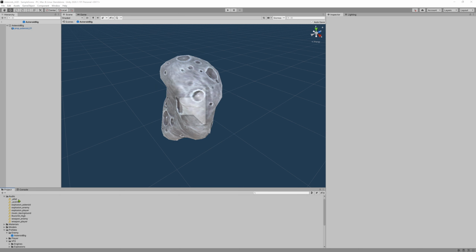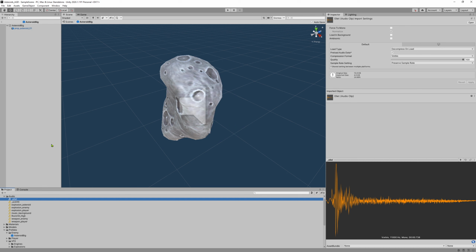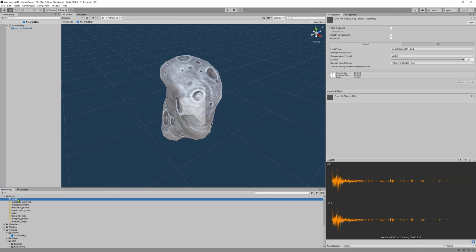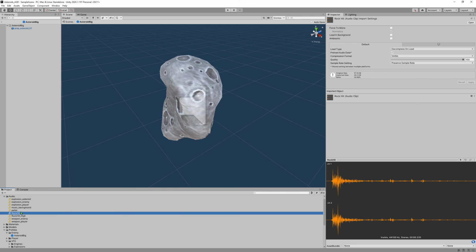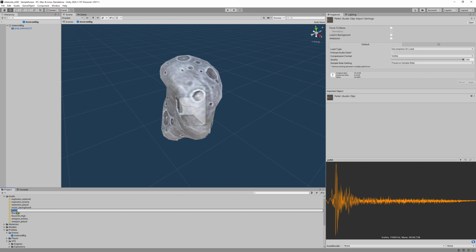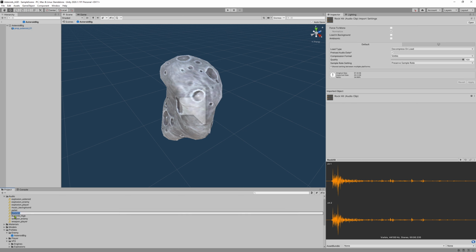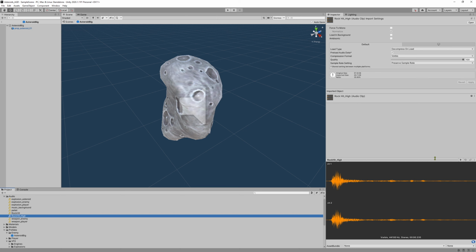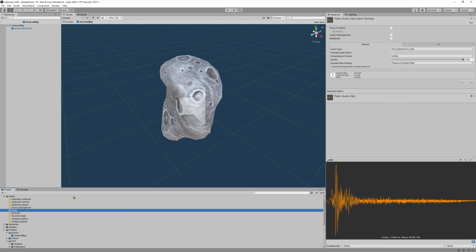So it loaded them. It kind of broke the file names here, so let's just rename these a little bit. We're going to call this pellet. This one's going to be called rocket. Perhaps I should not import them all simultaneously. I think that actually may have been the problem. I wonder if, while importing, it concatenated a comma in the file list, and maybe that caused Unity to have some problems with it. I don't really know. But you can listen to these effects and you can hear that we could probably use these